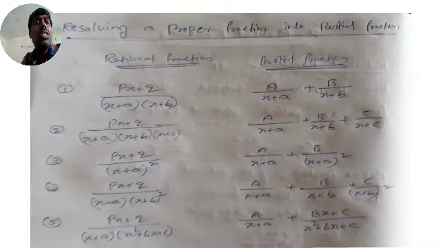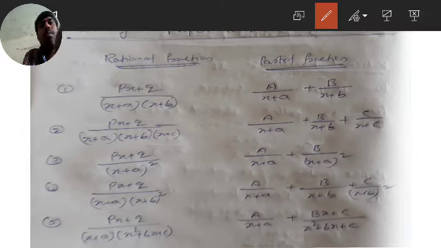Resolving proper fractions into partial fractions. There are some rules for how we resolve these rational fractions into partial fractions. In rational fractions, first of all, we go with only proper. Then we go for improper. So rational, proper, improper, we have to divide them into partial fractions. How are we doing that? First of all, these are the rules. Let us take up the rules.